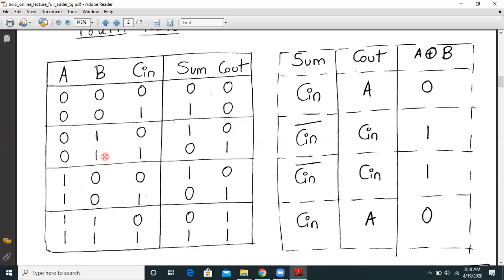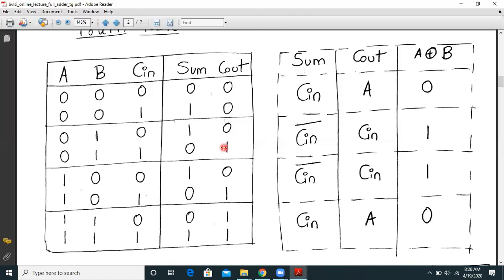Now let us go to the second condition, that is A is 0, B is 1. So in these two cases, my B is 1 and A is 0. Again my Cin is changing from 0 to 1. Now let us see what happens to the sum. Now sum is changing opposite to that of Cin. So if Cin is going from 0 to 1, my sum is going from 1 to 0. And Cout is actually following Cin.